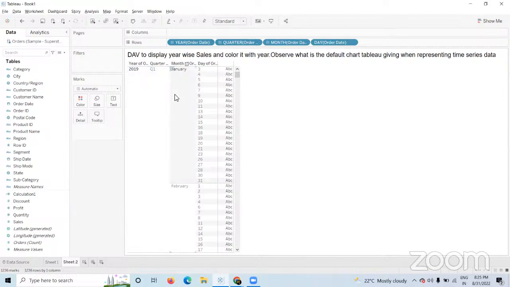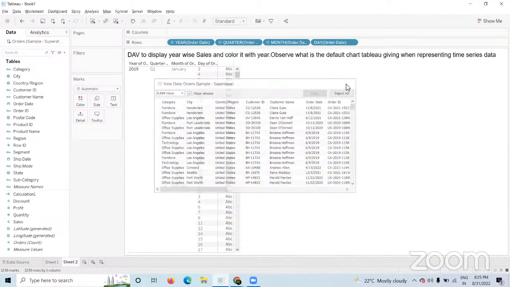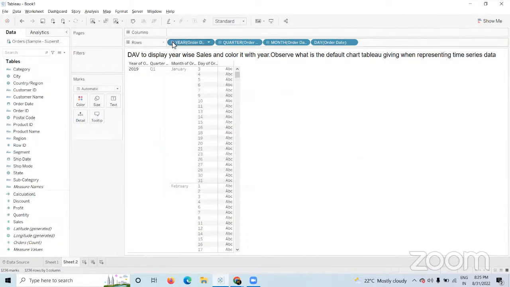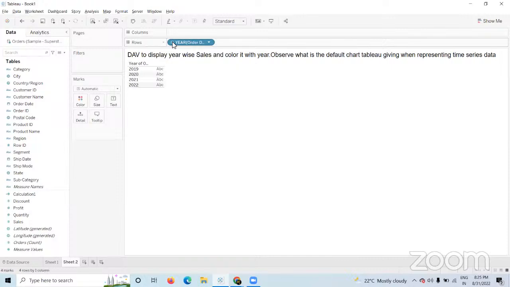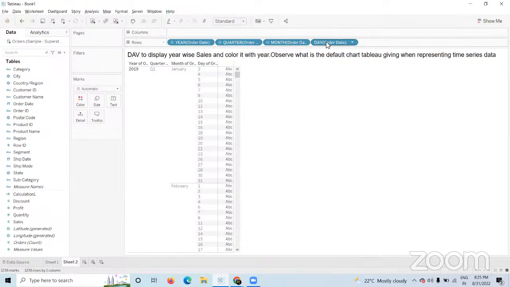So there are many things that we need to talk about dates, guys. I need the data to be shown like this, and Tableau is showing it like this. Then what is it that I need to understand? There are many things we need to understand. Once you are at the lower level of granularity, here I am at the day level. So in this hierarchy, what is the lower level? Day is your lower level of